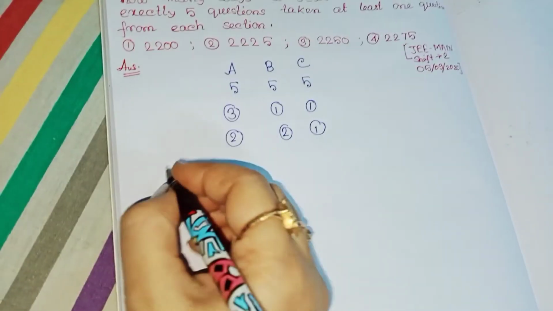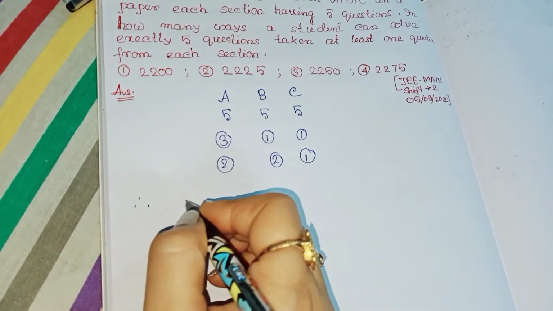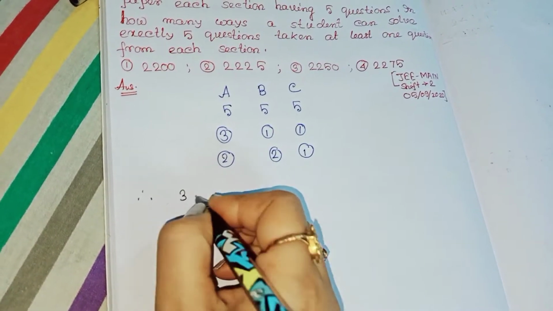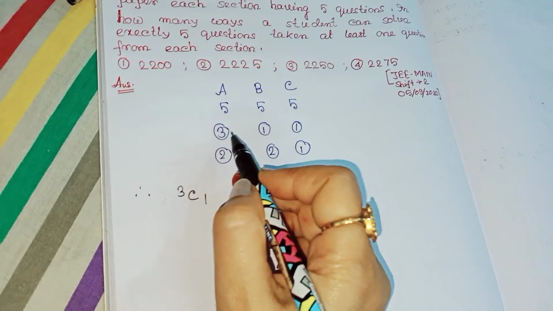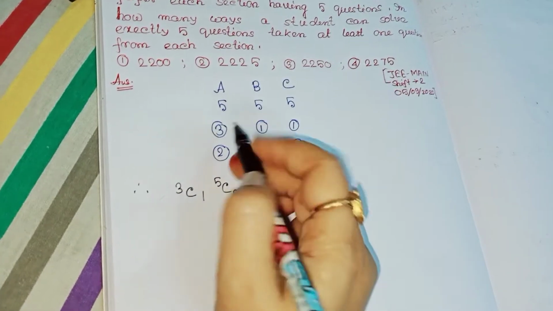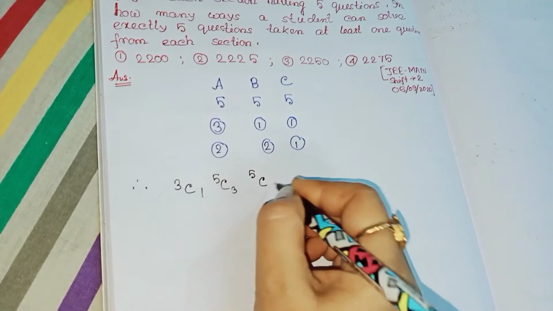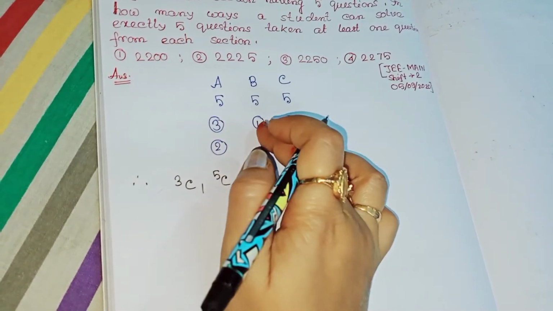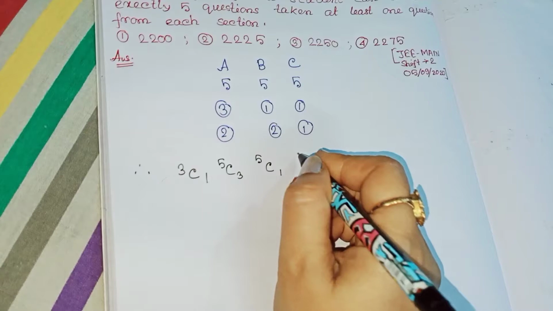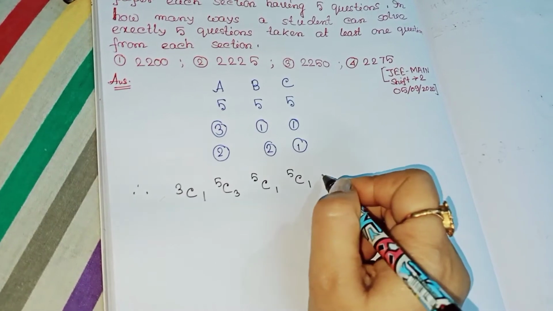Therefore the total selection possibilities become 3C1 ways, multiplied with 5C3, that is 3 questions from the 5 of A, and 1 question each from the others, 5C1 and 5C1, plus